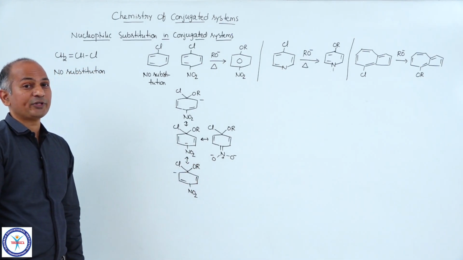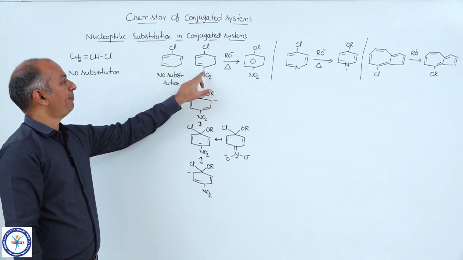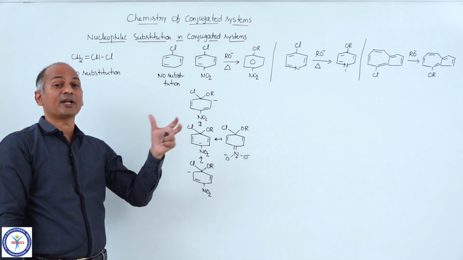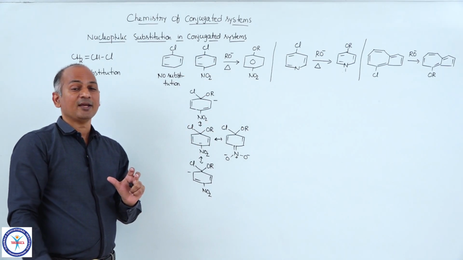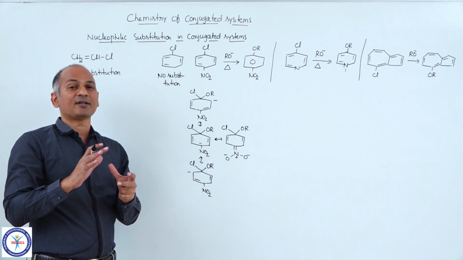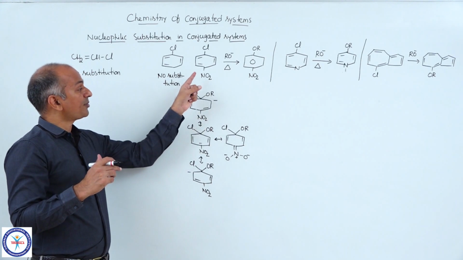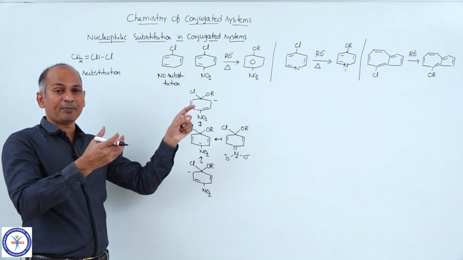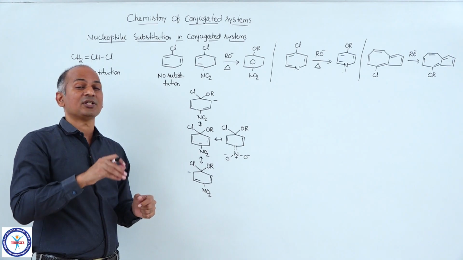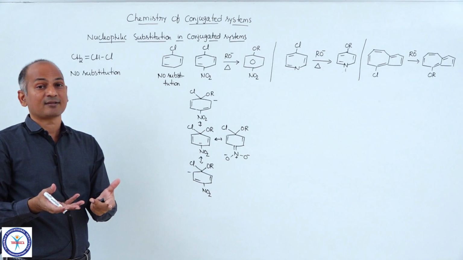And you see what is the role of NO2 there? Actually, one of the roles of NO2 is making this benzene ring partially positively charged so that the nucleophile comes and attacks. I told you already, if there is no NO2 there, the benzene ring is highly nucleophilic because of that pi electron cloud, aromatic sextet. But because of the presence of NO2, because of its very powerful electron withdrawing nature, it makes the benzene ring electron deficient. There is partial positive charge and the nucleophile is readily attracted. It can attack the carbon.